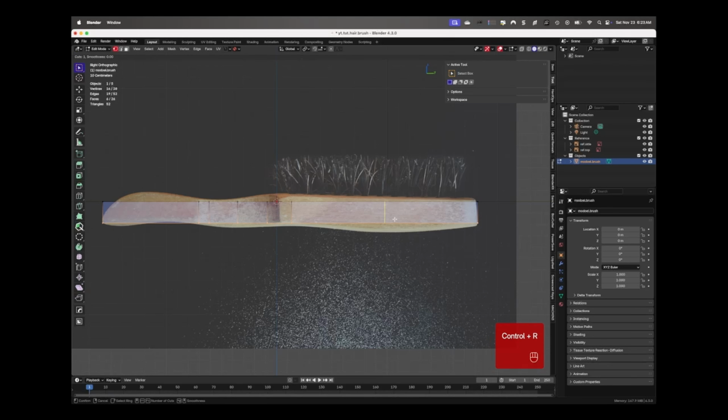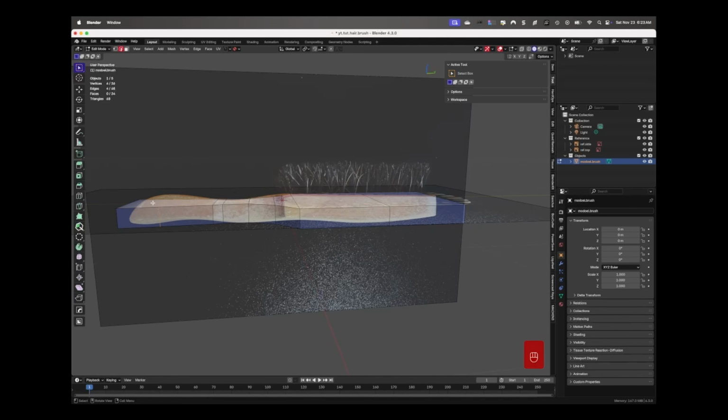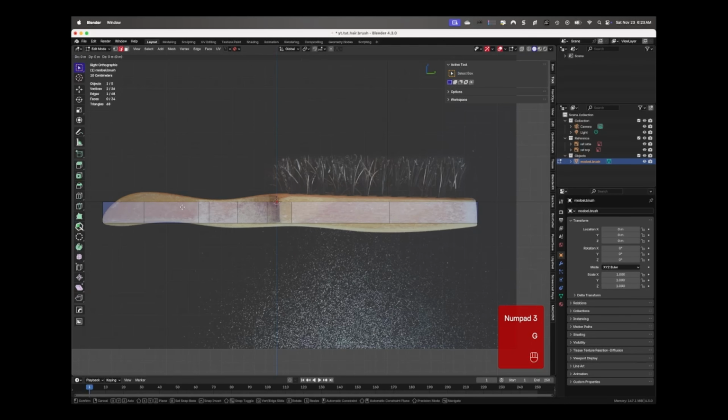Another thing I want to do, because I see places where the topology is going to change a little bit, is come in here and make some loop cuts, because we're going to need to bend this thing in certain places to get that shape in the handle where it kind of curves up. And if you look at the bottom or the back side of the brush where it kind of bows downward, we're going to need to pull some edges down from these loop cuts to kind of mimic that shape. So you'll see that we're going to do that here.